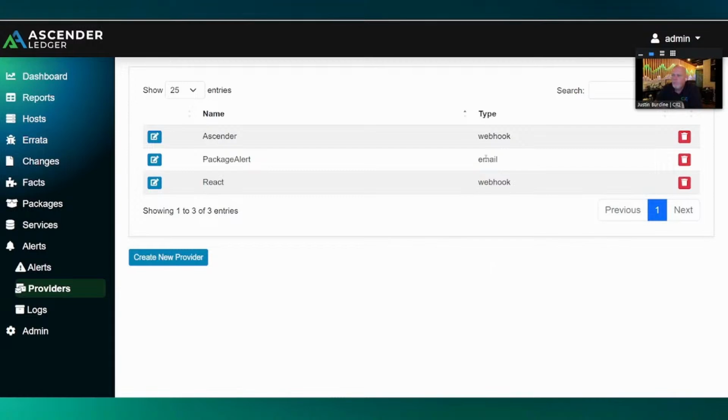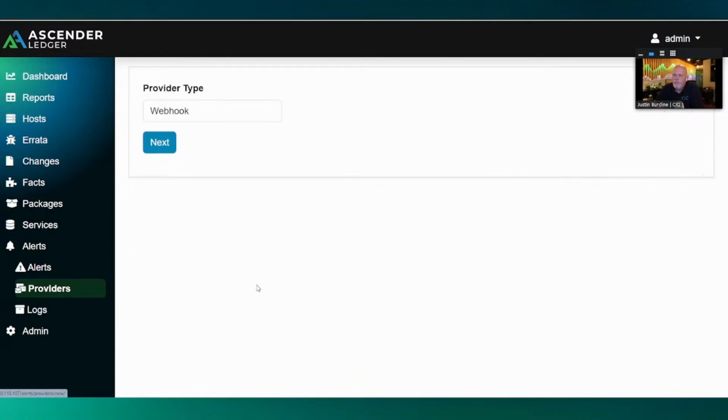Tried and true email. Some people scoff at this. I still like getting alerts via email. Am I just an old person at this point? No, because you can search. You can go look at historical stuff and search through it from my email, which is where I spend a good chunk of my time. The webhooks are cool. I'm assuming we can use those to tie into things like Slack and other messaging systems. Yeah, one of my favorite ways that we actually use these webhooks is being able to send